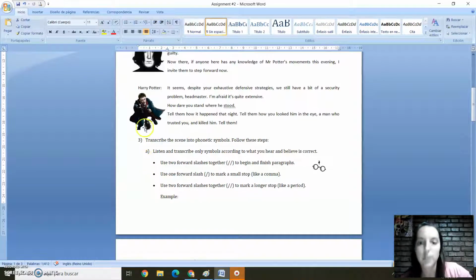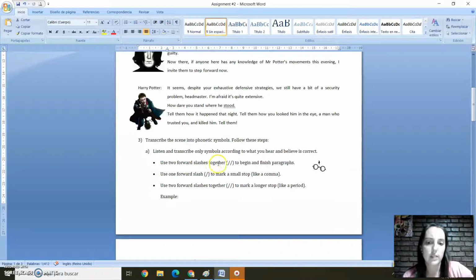Exercise 3. Transcribe the scene into phonetic symbols. So, of course, you're not going to escape the situation. You will have to transcribe, okay? Follow these steps. This is the first time you're going to transcribe a dialogue and complete paragraphs. So these are some not tips, but conventions that are made all around the world for transcription. Okay, so